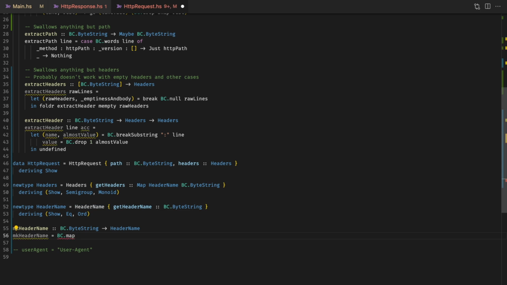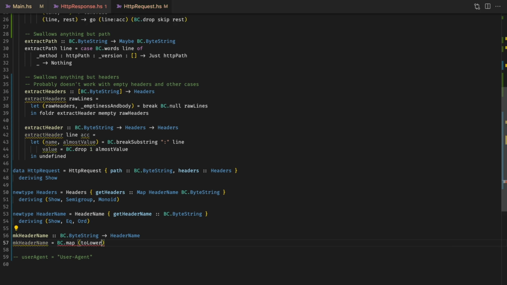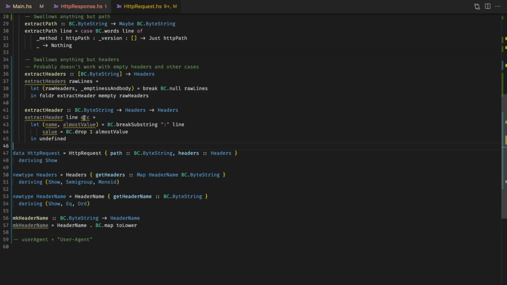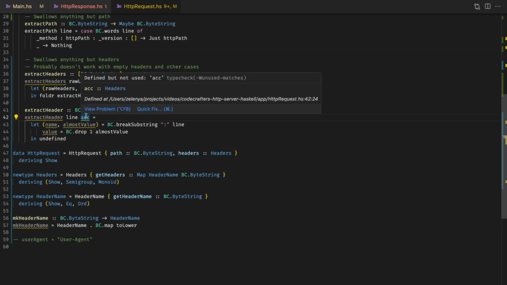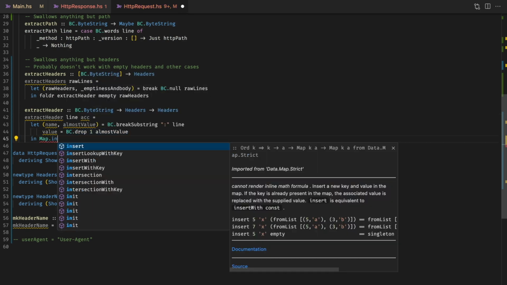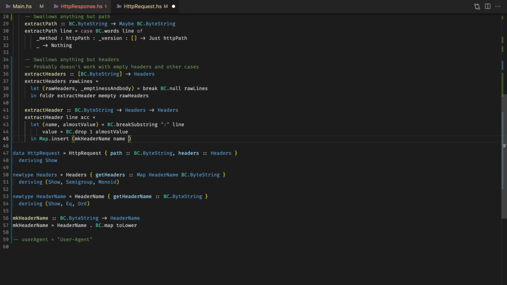So we can just map and then lowercase each character. The result is a header name, and we just rewrap it as a HeaderName. So now we have a name, a way to create the header name, a value. So let's just add it to the accumulator. We can Map.insert, pass it a name, a value, and the last thing is the accumulator, which is